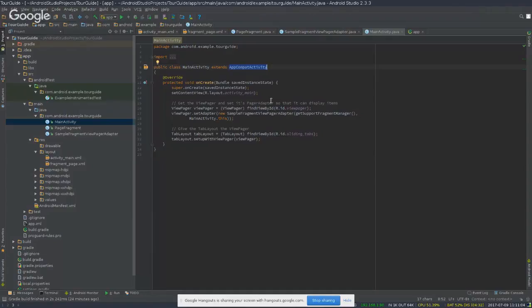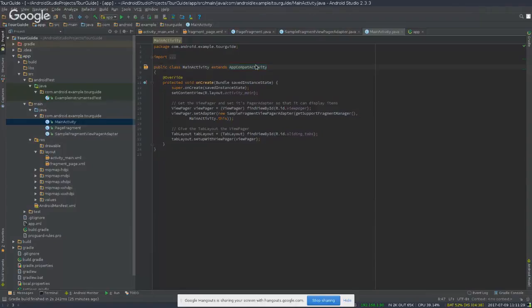So it's very important that you go and try to understand fully how these life cycles work, specifically how the life cycle of a fragment works, because like I said, it is a bit different, because a fragment can be created and destroyed without the activity that contains the fragment ever being destroyed. But I'll touch on this a bit more as we go through this example. So first of all,